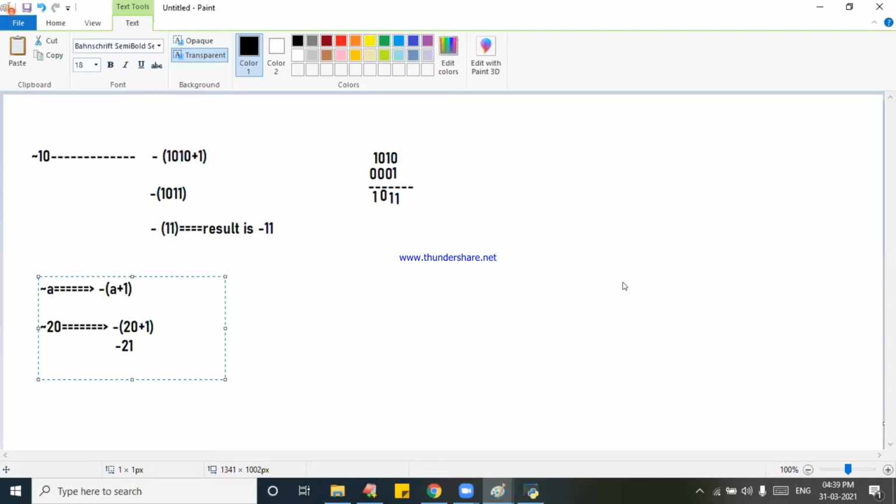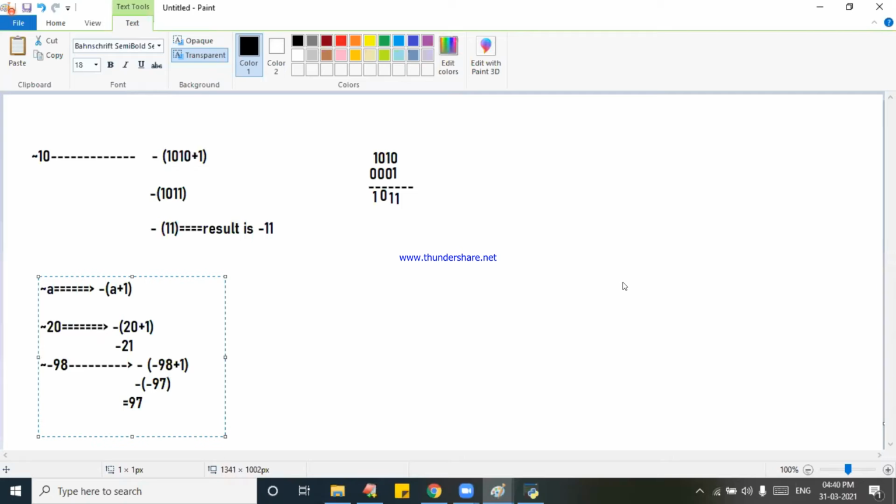If anybody asks you tomorrow, complement of minus 98, happily you can write minus of minus 98 plus 1. Simplify that: minus of minus 98 plus 1 is minus of minus 97, which is 97.